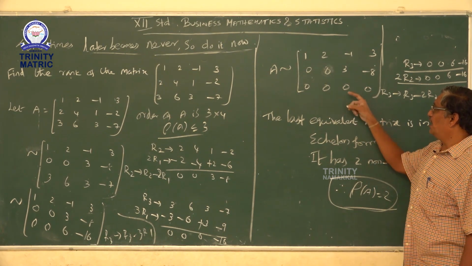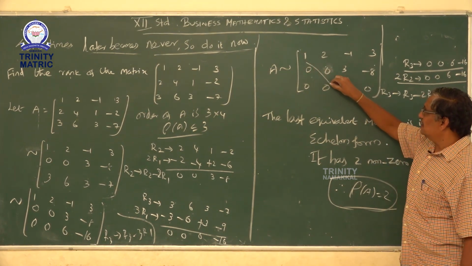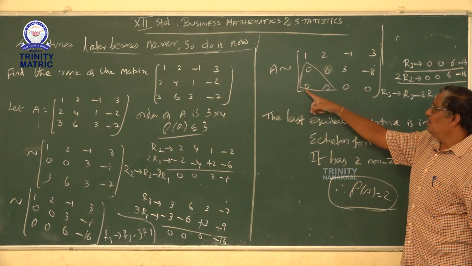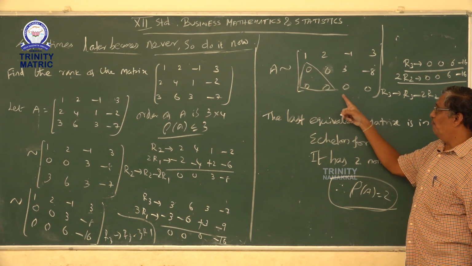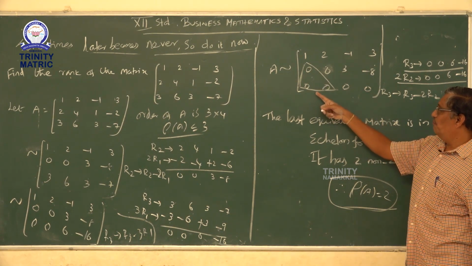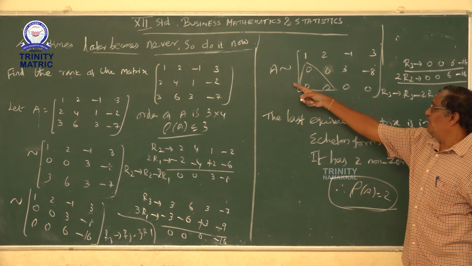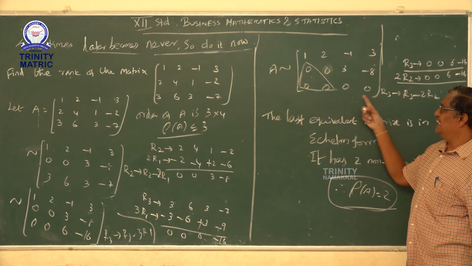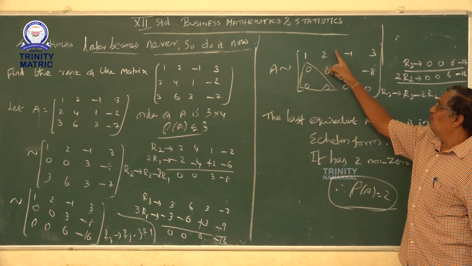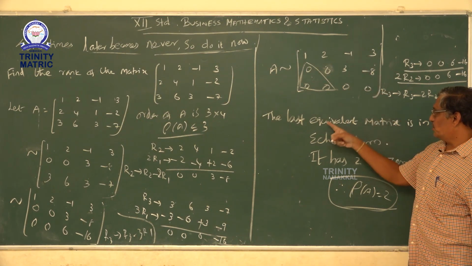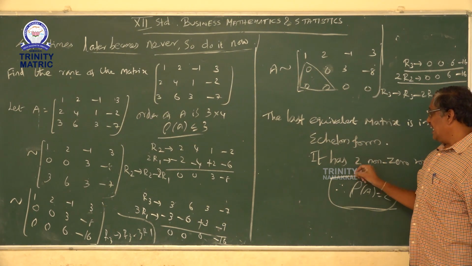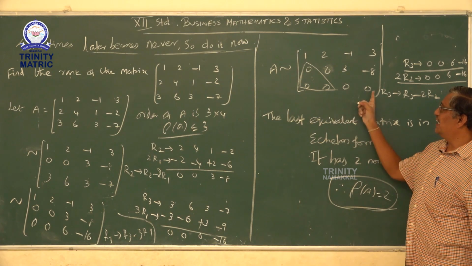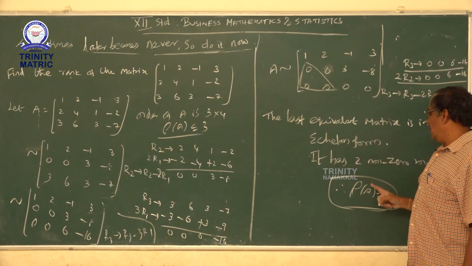This is the echelon form. Echelon form means you have to see this. This is called a triangular form. 0, 0, 0. This is called the echelon form. I got it here. While doing this calculation, all the elements in the third row are 0, so the third row has vanished. The non-zero rows are only 2 rows. Therefore, that is the rank. How many non-zero rows? If a row is 0, it is eliminated. Only non-zero rows are 2. So therefore, rank is 2.